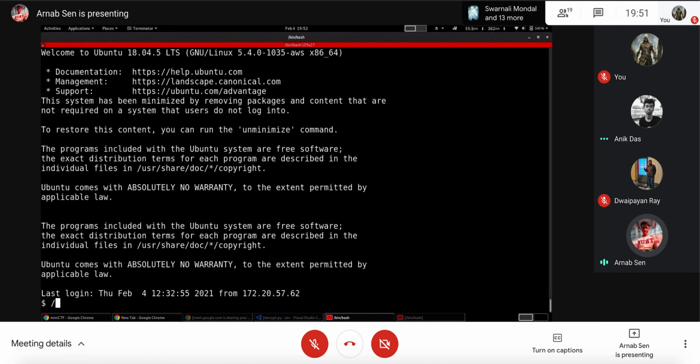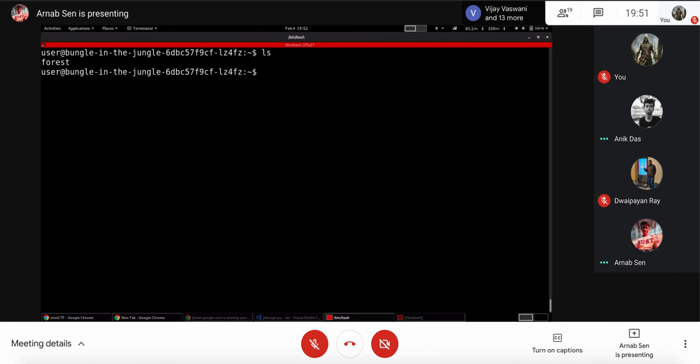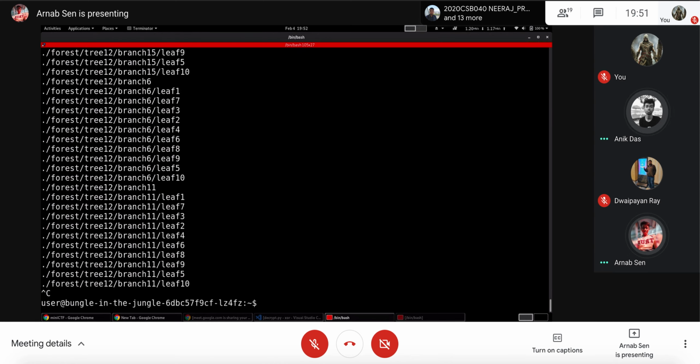Okay, so I've not seen this question actually. Let's try this one. Oh, is it something like this, huge nested folders? So I can do something like find, I guess, right? Find minus type D. Okay, I don't want directories, I want files.